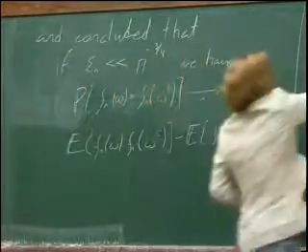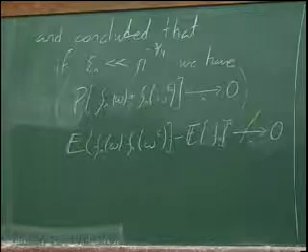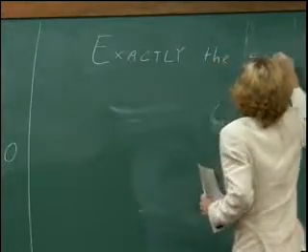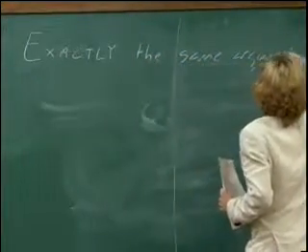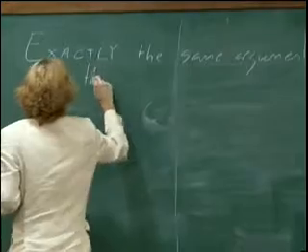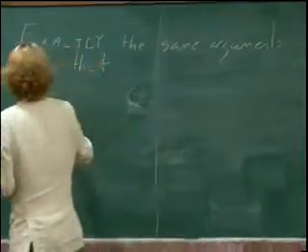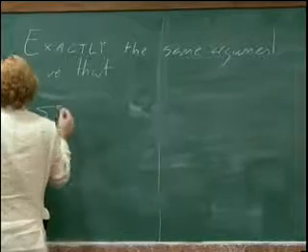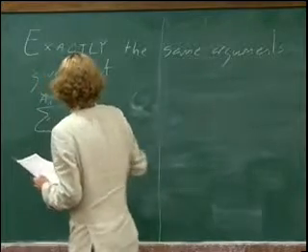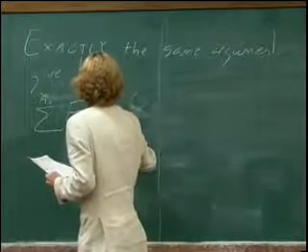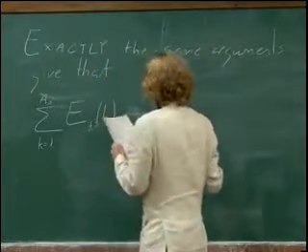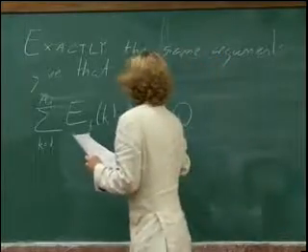I say that exactly the same arguments, or if we like to call them calculations, give that the sum up to a_n of the Fourier spectrum will tend to 0 with n